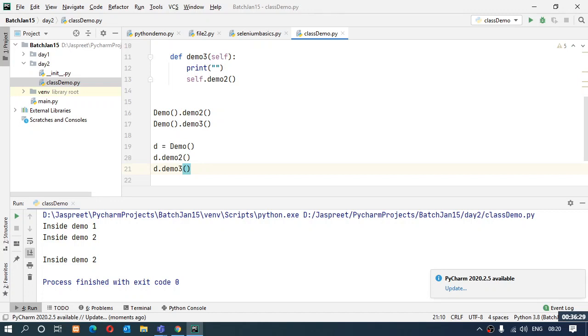This is the main difference, because Python is also object oriented programming and people get confused that this is also object creation, this d is an object. But no, it's an object reference, which is important to understand, because ahead Selenium is also based on the concept of object oriented programming. If I have to use a class, I have to make an object, and I cannot make a hanging object for that. I will make a reference so that I can use it in the whole module. Now this was important.